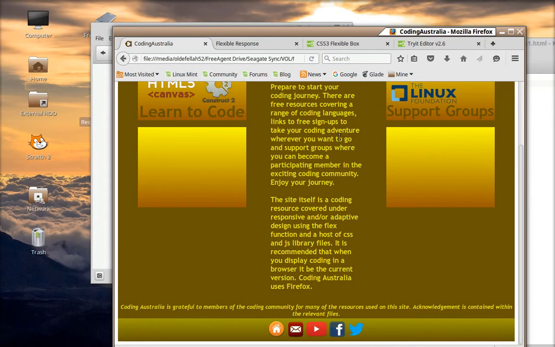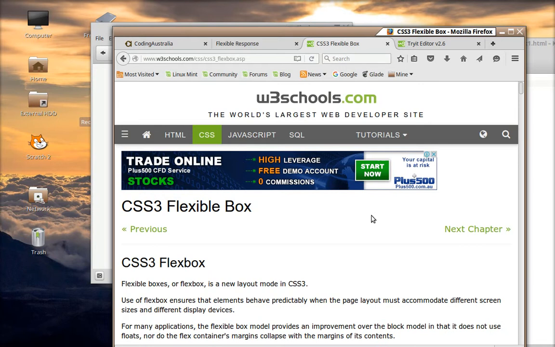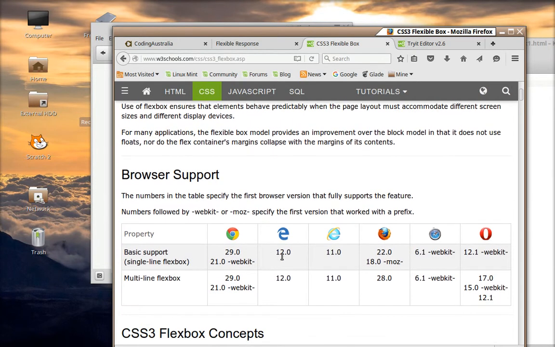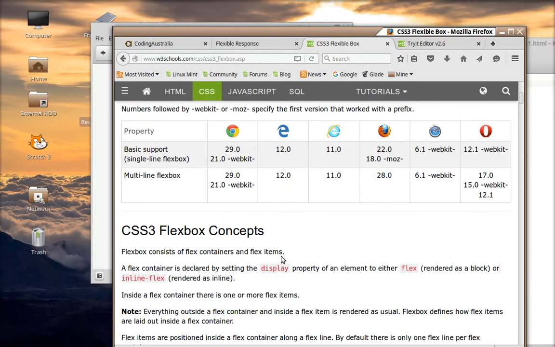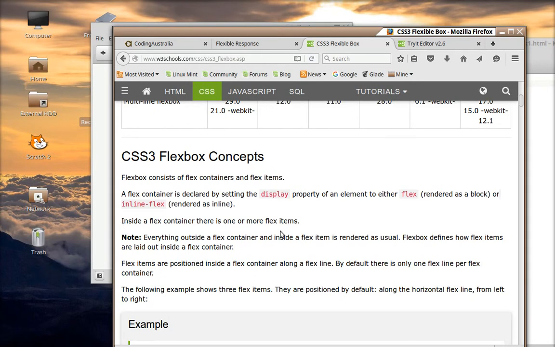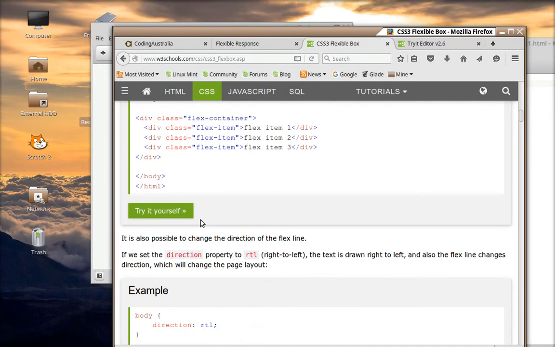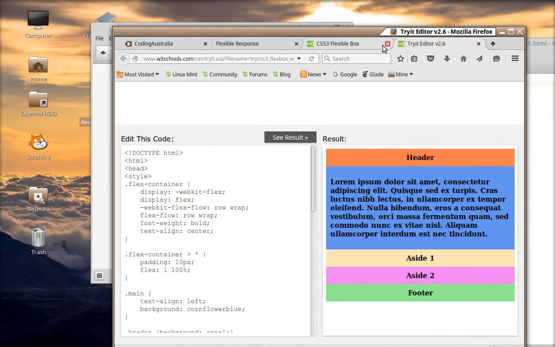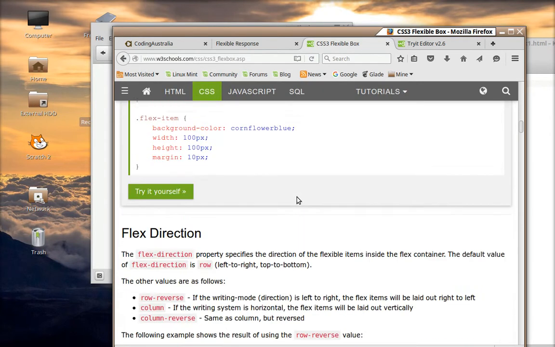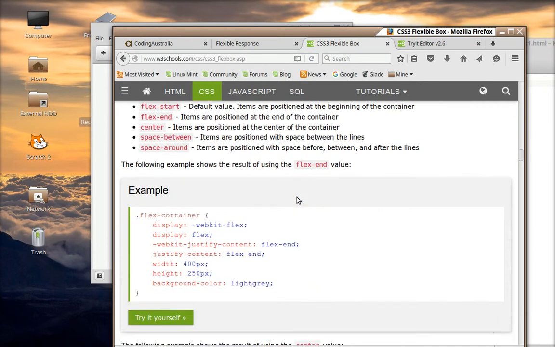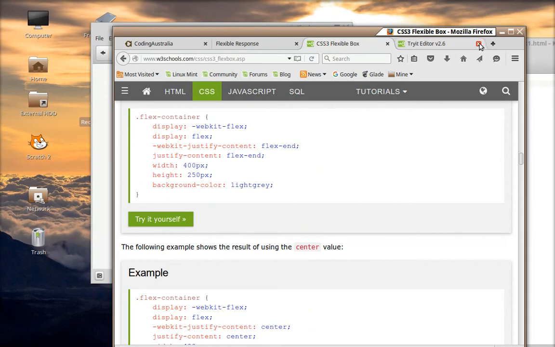So the first thing I want you to do is I want you to read a little bit at this w3schools.com website. So that's the place you're going, and this is what I'd like you to have a look at. CSS3 Flexbox. You can look up this if you wish. Tells you what it's about, gives you some examples, and you can try these examples yourself. So when you flick over, try it yourself, you'll see stuff over here, and you can change the code and basically have a look at